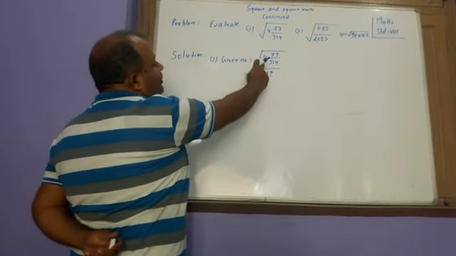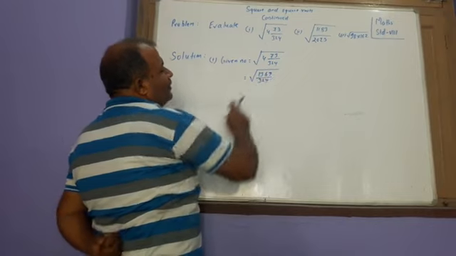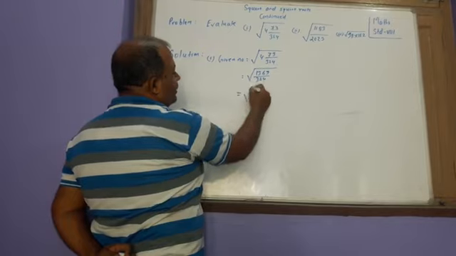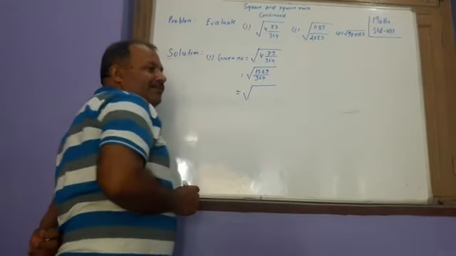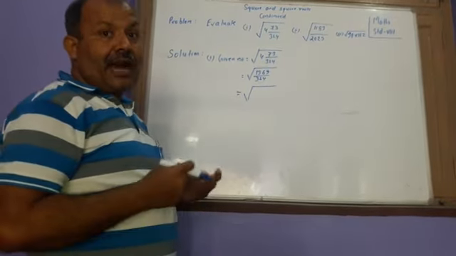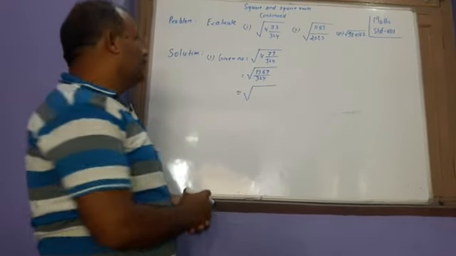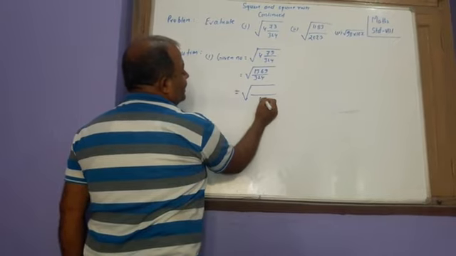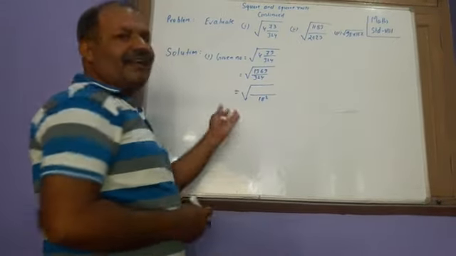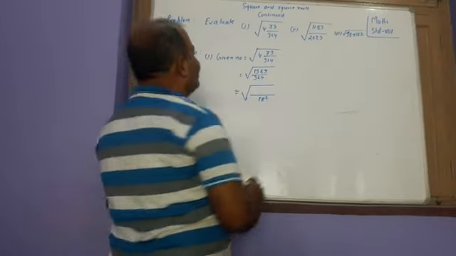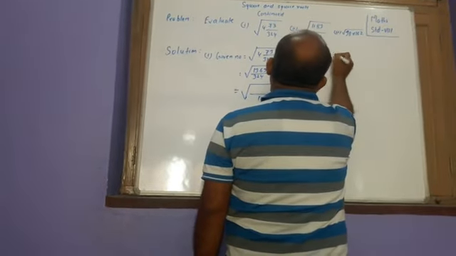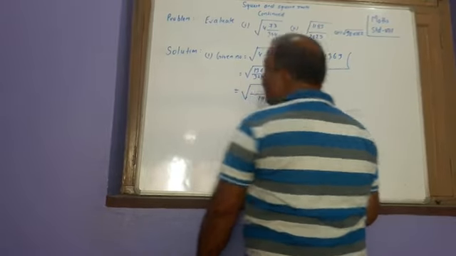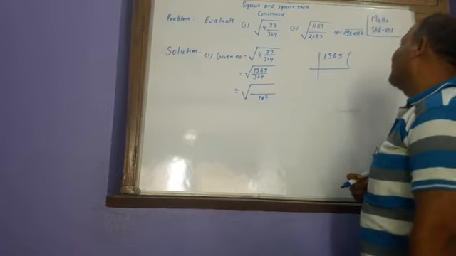First of all, we have to change this improper fraction into a proper fraction. If you have memorized the squares of the first 30 numbers, you are sure to know that 324 is the square of 18. You may write it. Now you are left with 1369. Its square root must be obtained by the long division method.